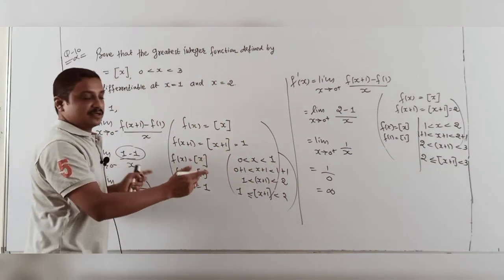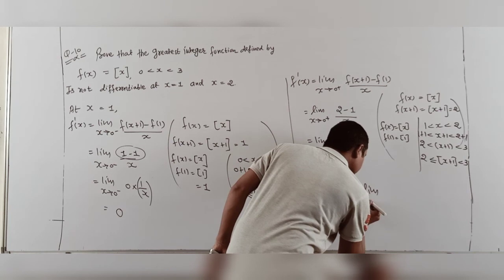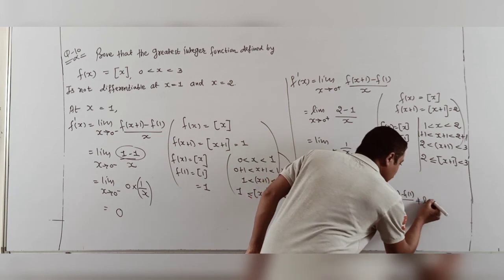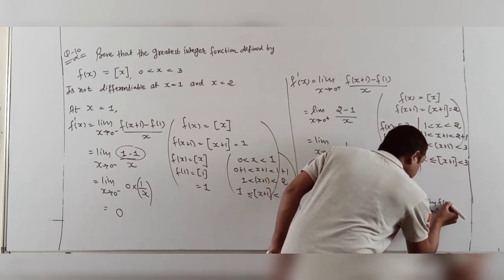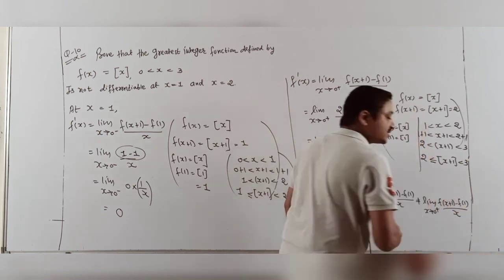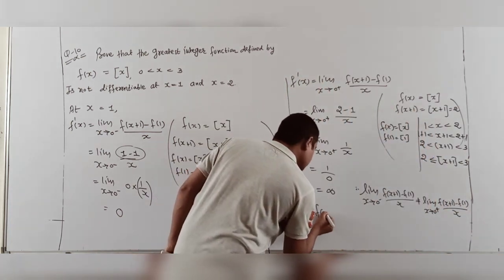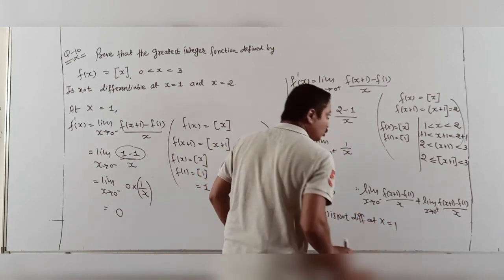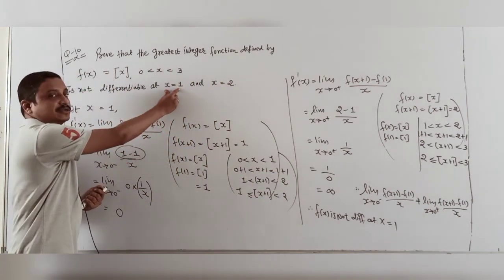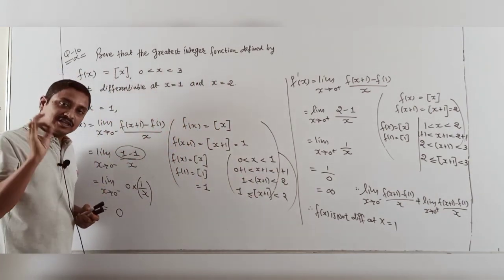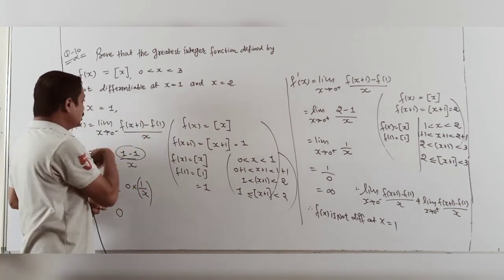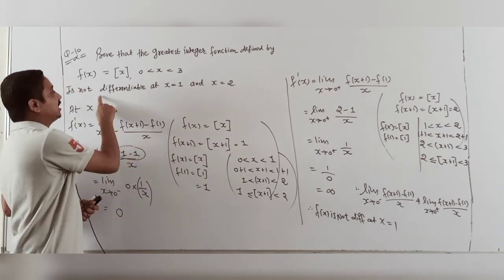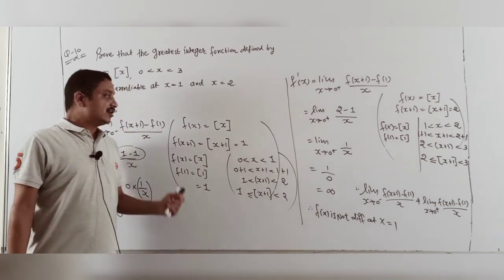Finally both are not the same. That's why the limit as x tends to 0 negative of f(x+1) minus f(1) by x is not equal to the limit as x tends to 0 positive of f(x+1) minus f(1) by x. They are not the same. So f(x) is not differentiable at x equal to 1. Students, here only half the sum is done, up to x equal to 1. After that, I start now at x equal to 2, the condition changes, the same as that, and that also is checked to be not differentiable.